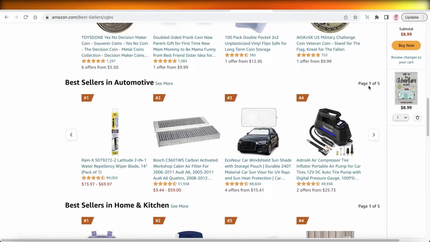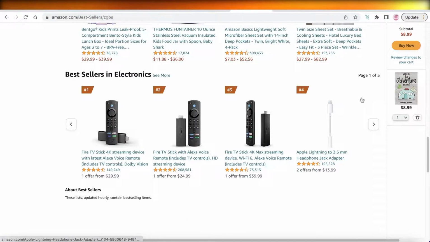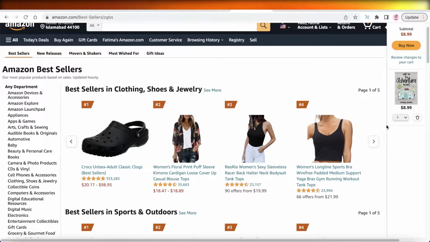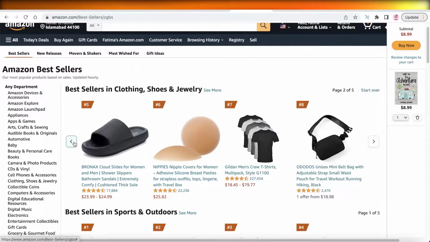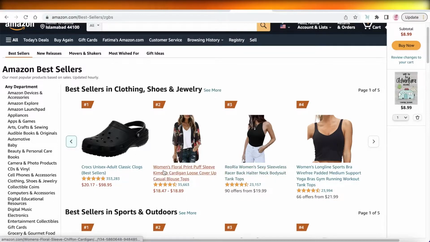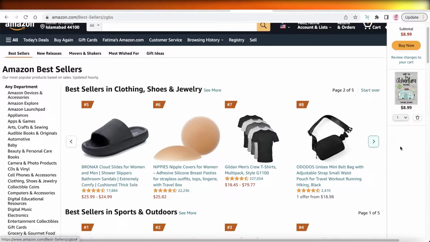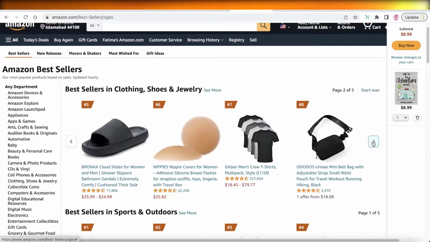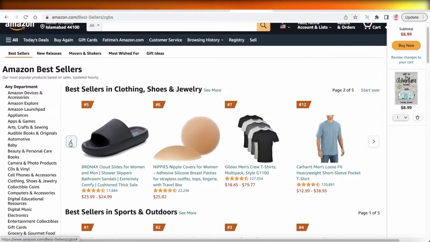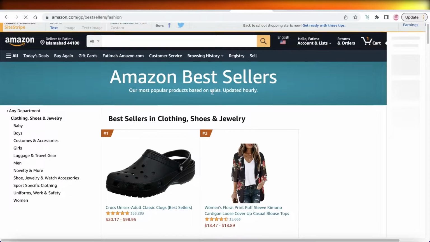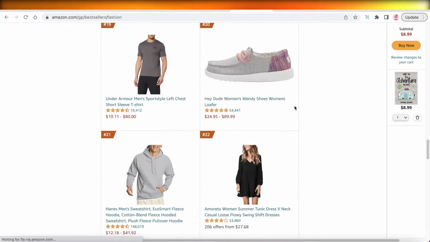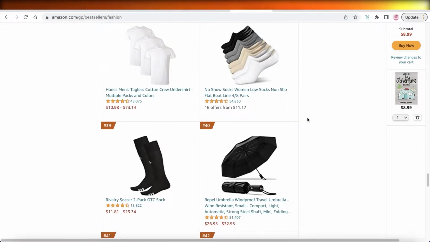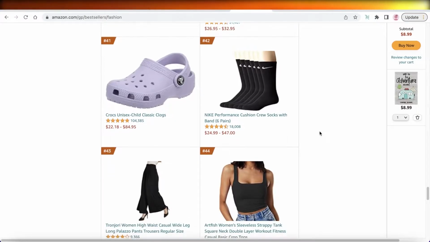Now, what I would recommend is you choose your category to your own liking, whatever you are well versed in. Let's say you want to go with fashion and jewelry and clothing. You can see these are the top selling products over here. You have these rubber slides that are popular, like Crocs. Then you have belt bags and some basic stuff like basic shoes, tops, all that good stuff. You can click on see more and see all of the top sellers in that category. This will give you a good idea of what people want, what people like in that specific category, and you want to make sure that you're able to get that kind of product for less.